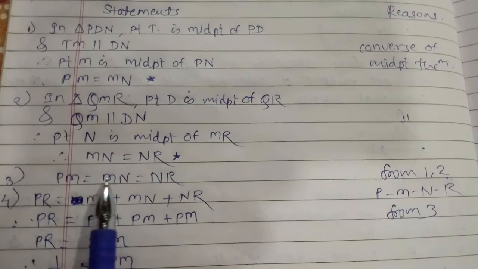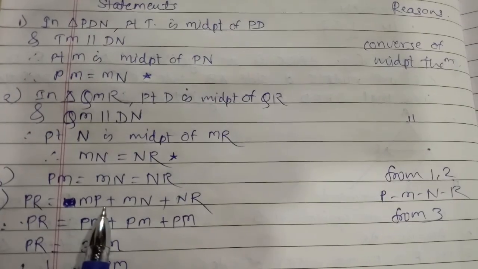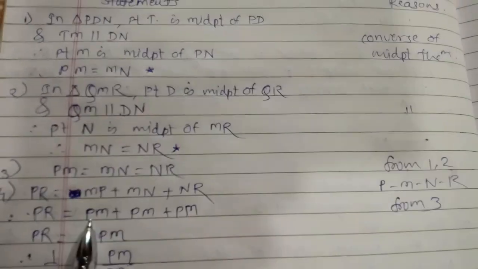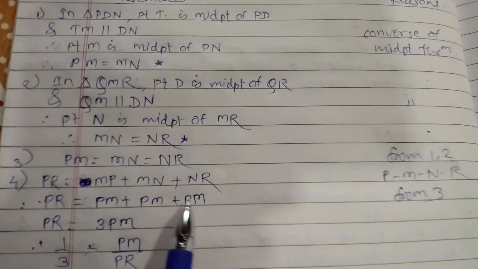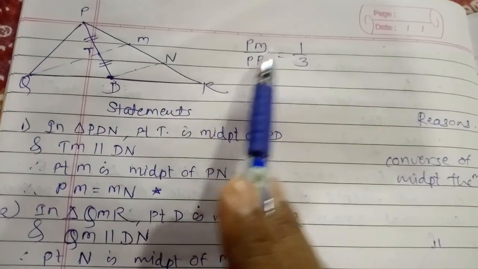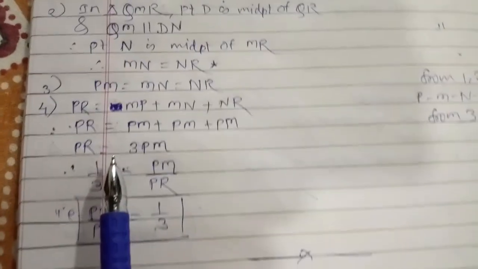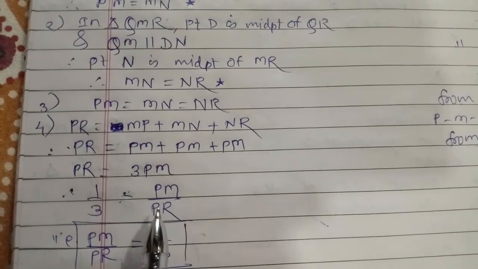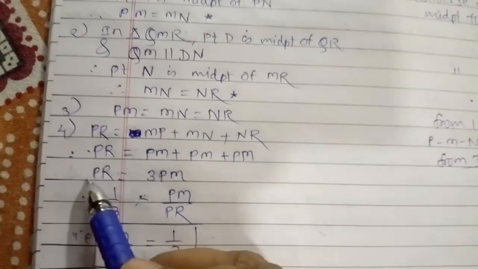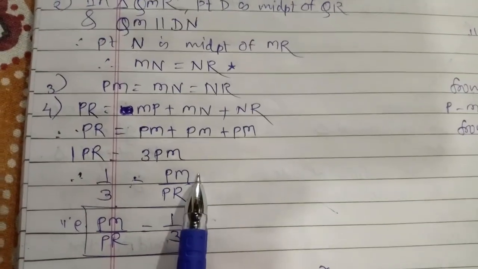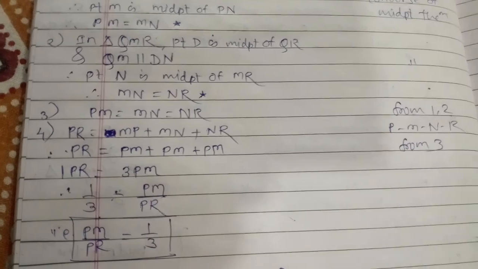And you know that all these three parts are the same. यहाँ पे हमने प्रूव किया है थर्ड में, that is PM is equal to MN is equal to NR. So all these parts are the same. So instead of writing separately, we write here PM three times. So PR is equal to PM plus PM plus PM. So why do we write this three times? Because we have to prove that PM upon PR is equal to 1 by 3. So 3 PM. So PM हमने यहाँ पे रखा, PR gets in the denominator, और यहाँ पे कोई नहीं, मतलब यहाँ पे 1 है. So ये 3 यहाँ पे आके denominator में आएगा 1 by 3. Means we have proved that PM upon PR is equal to 1 by 3.